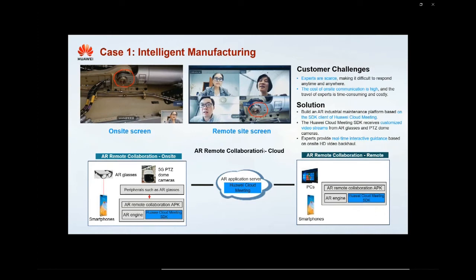We built an AR solution based on the SDK client of Huawei Cloud Meeting. The SDK receives customized video streams from glasses or PTZ dome cameras, enabling experts to provide real-time interaction based on HD video backhaul from the site.